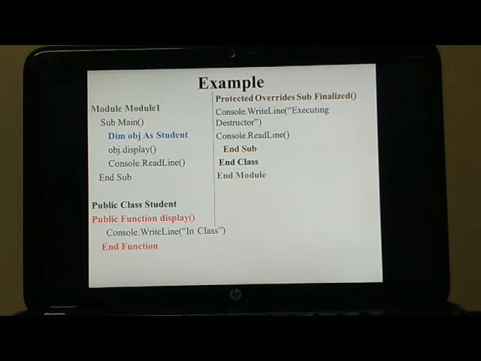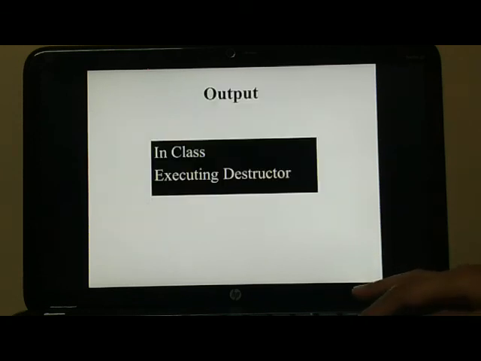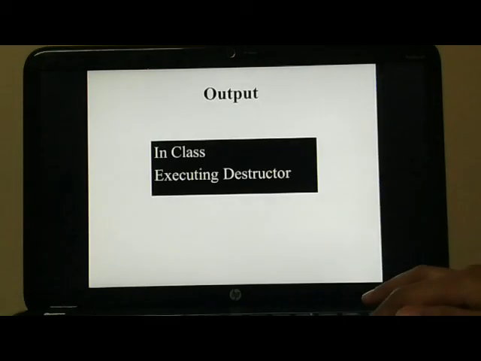After that the destructor is closed using End Sub, and in Main I have created an object as obj. After that I have called the method in the class, Display. So over here the output is that the function will execute first, that is the in class statement will be printed first, and after that the destructor statement, executing the destructor, is displayed.